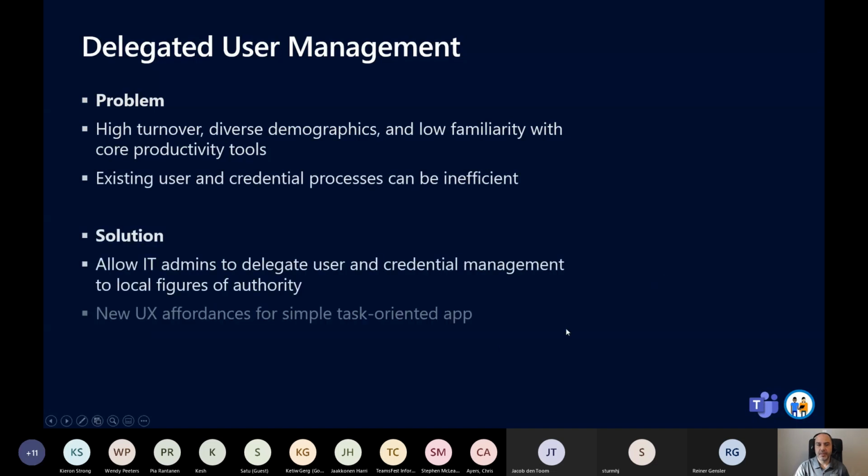Another few things that users might see in the field. Delegated user management. As people are changing roles and they need to remove access or change credentials, the problem is that in the past, it used to be a lot on the user, and IT had to manage it. Now this new experience lets you do it directly for the manager. So they can delegate it to management to control who has access to what information.